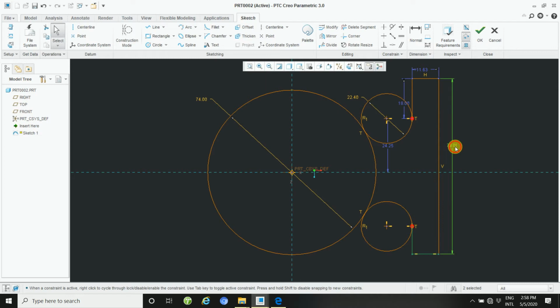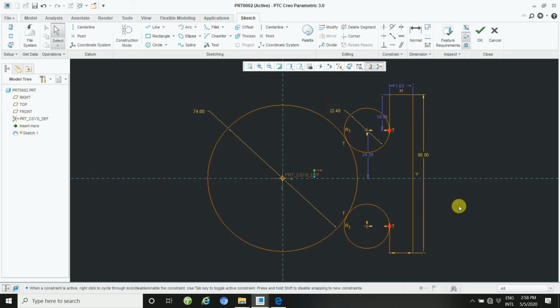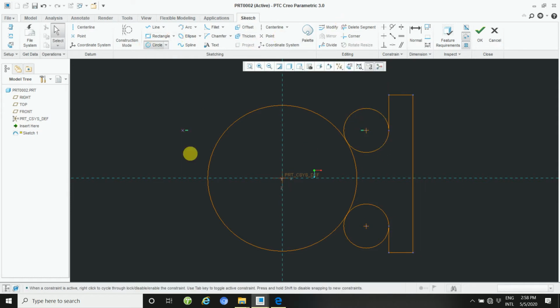All overall dimension is 80. And then this dimension is 12, as per your drawing. Then it's fine. Then you need to draw another circle here.